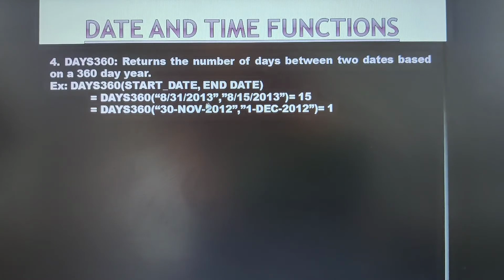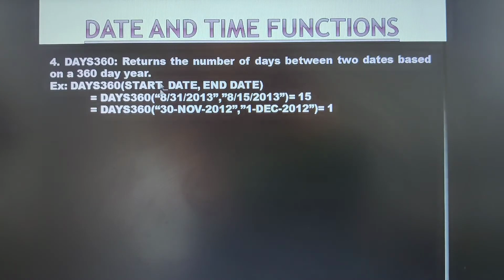So it is calculating the number of days between these two dates. 31 minus 15 gives 15. It will not consider the 31st here, so it will not count the exact day. The 15th it will not count. From the 16th to the 31st, if you count, you get a total of 15 days here.